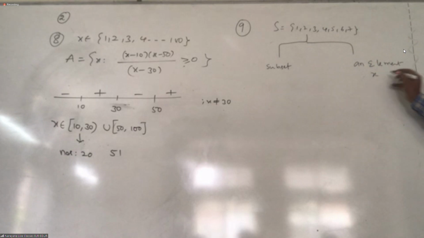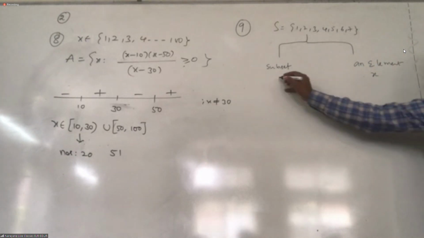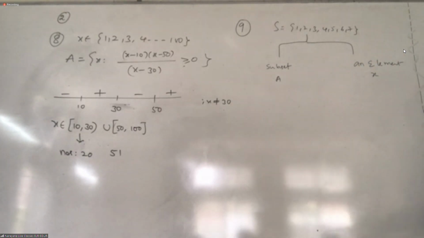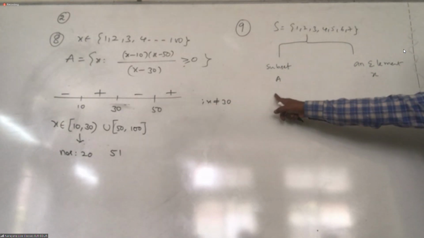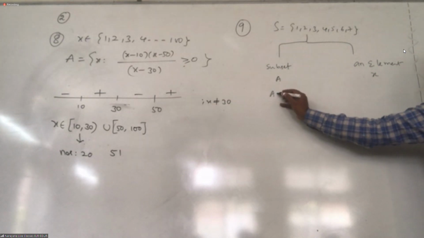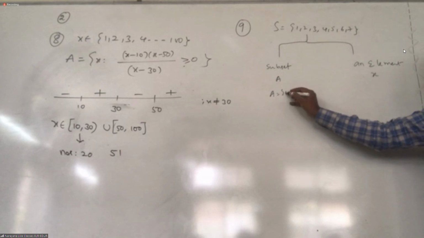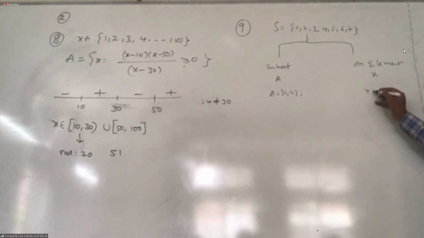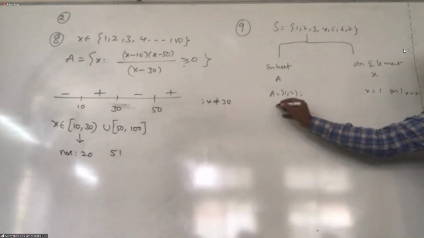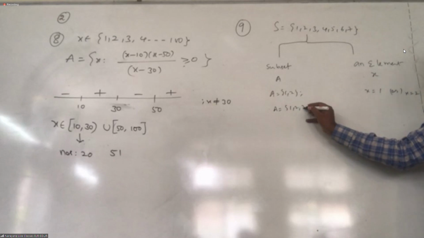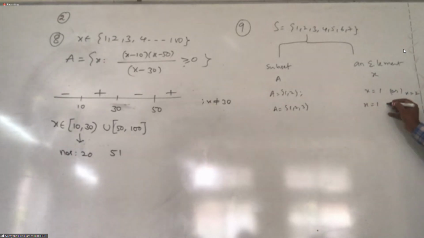This element they are taking with X. This subset they are denoting with A. What we want means this element must be from that set. Suppose you have taken a subset from that S, which is 1, 2, your element must be X equal to 1 or X equal to 2. You cannot take more than one element. At a time we can take only one element. Suppose your subset here is 1, 2, 3, your element can be X equal to 1 or X equal to 2 or X equal to 3.